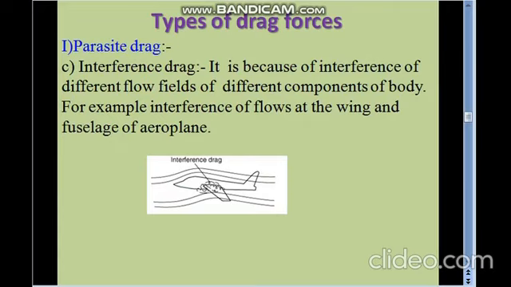Now we'll move to the next drag under the parasitic drag, that is the interference drag. This drag is because of interference of the different flow fields of the different components of the body. Let us see the aeroplane. The body of the aeroplane is called the fuselage,